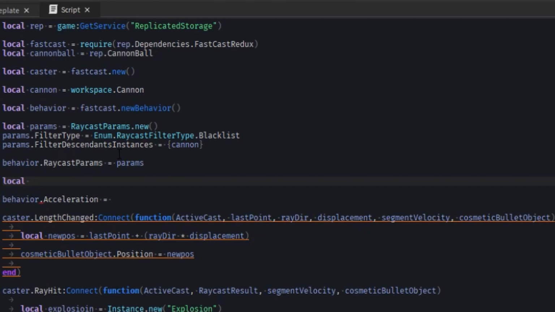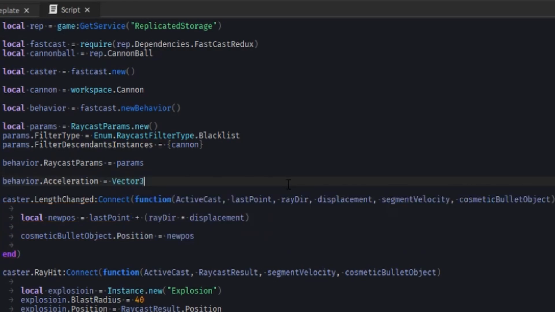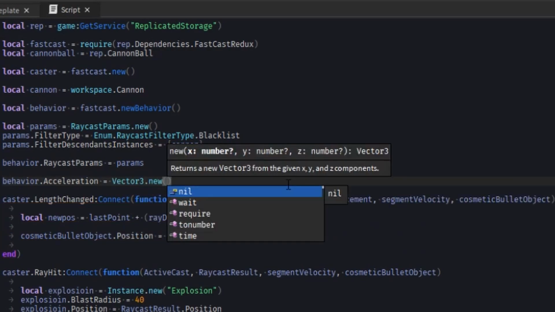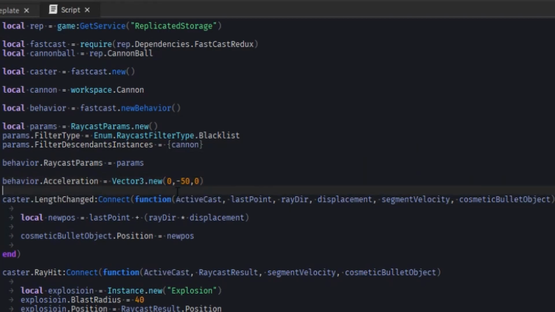So we'll actually use our, alright, you know what, I'm not going to go too crazy. I'm just going to make its acceleration negative on the Y. So we'll give it a negative acceleration, maybe like 50 on the Y, and then X and Z are going to be 0.